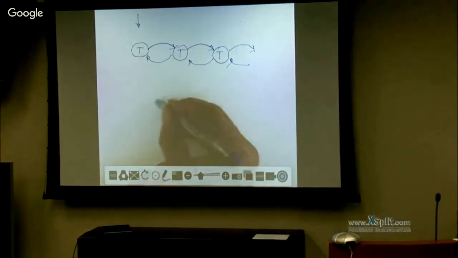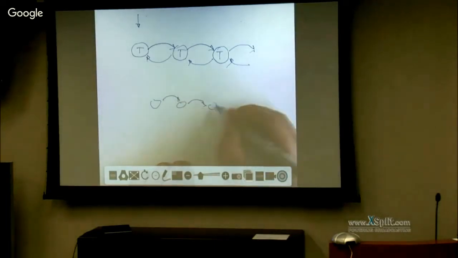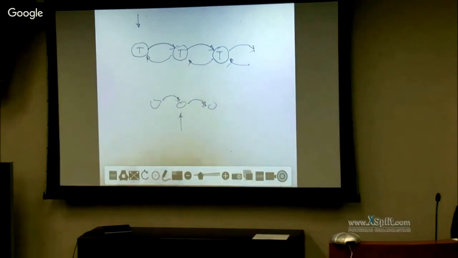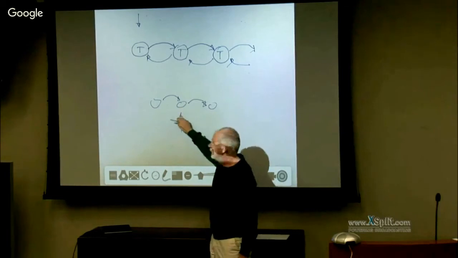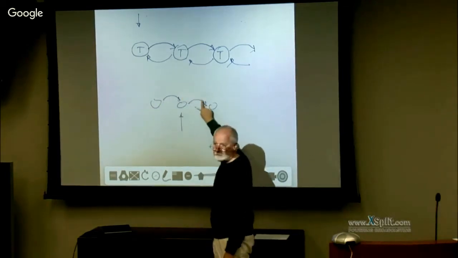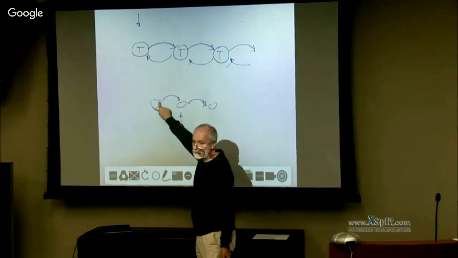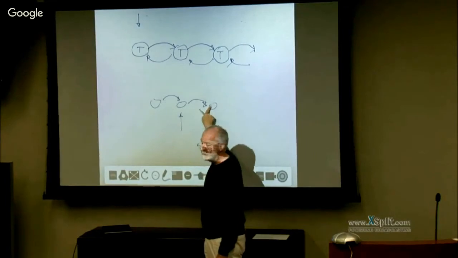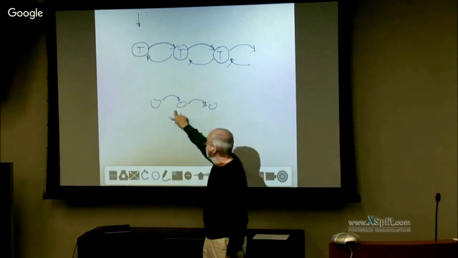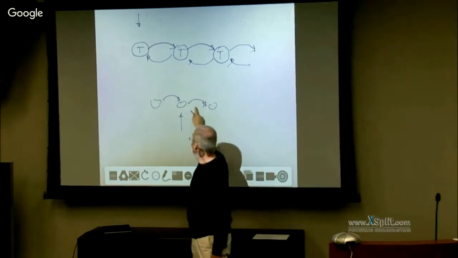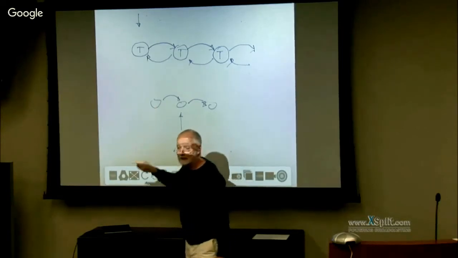Let me draw it again. So I have this kind of data structure. And all I have is a pointer to the middle element. How do I remove that? In order to remove that element, I would have to change that pointer to point here. That's all I have to do. I just take that pointer here and make it point to the last element. Well, I know the iterator to that one because it's stored here. But how do I access that one? How do I write that new value into the previous node? How can you do that?